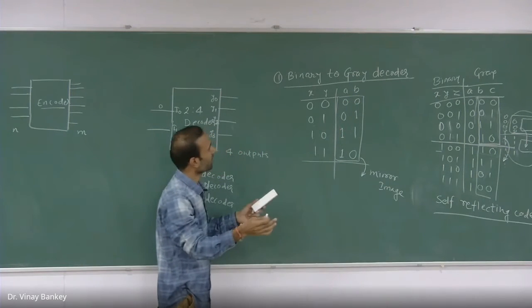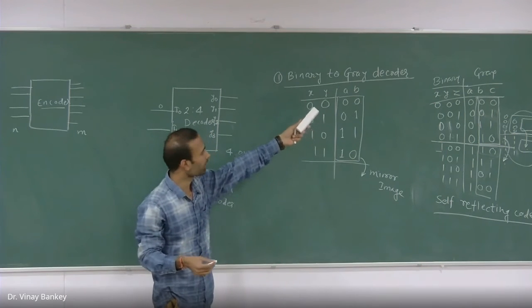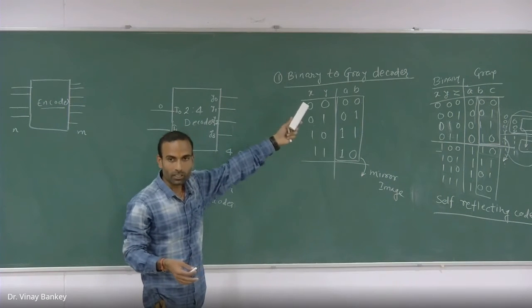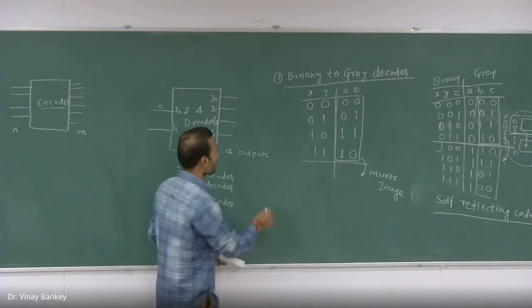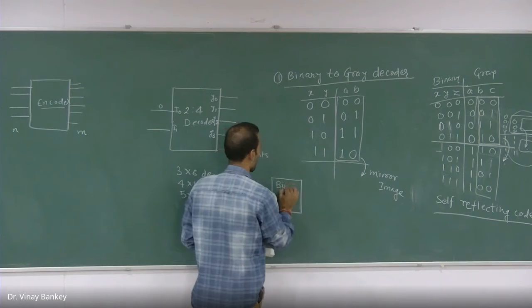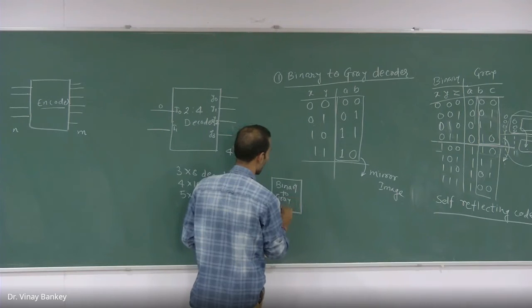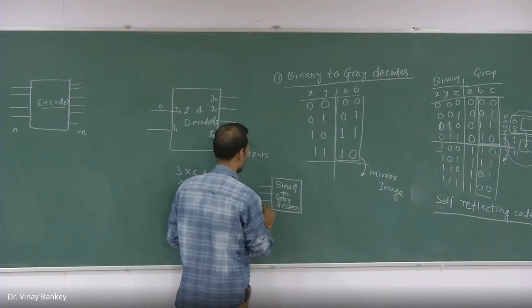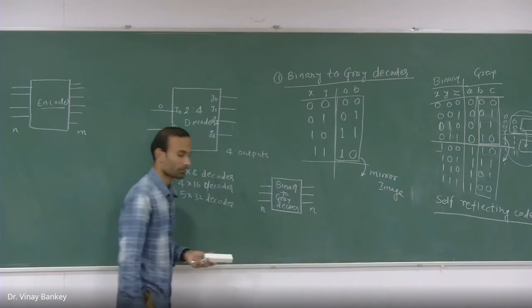So now what we intend here is to represent binary number as gray code, and we want to design a decoder that takes binary as input and produces gray code as output. Correct. So how many inputs should you have? Whatever number of bits of gray code you want to obtain. So here the input and output will be the same: binary to gray decoder. Whatever the number of input lines will be the same as the number of outputs. Correct.